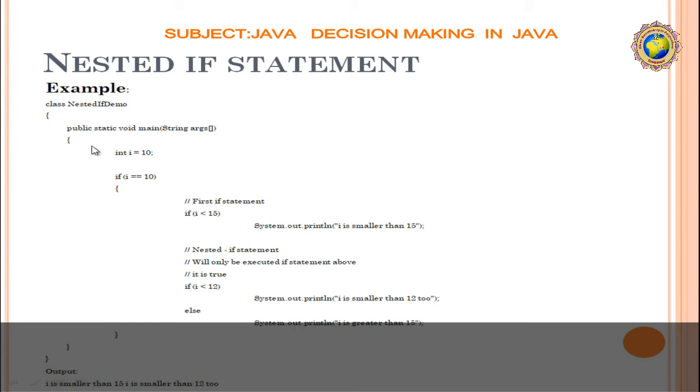For example, suppose we take the value of i as 17. So is i equal to 10? No, the first condition is not fulfilled, so it goes to the else part, that is "i is greater than 15". So our result will be "i greater than 15". Understood? So next,